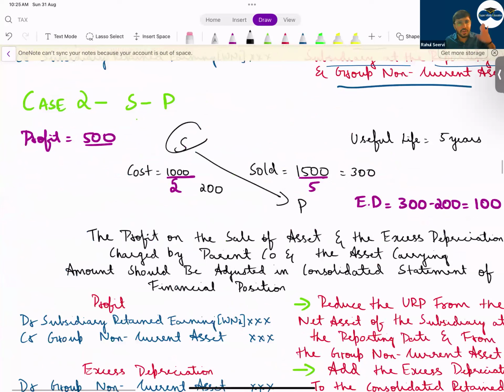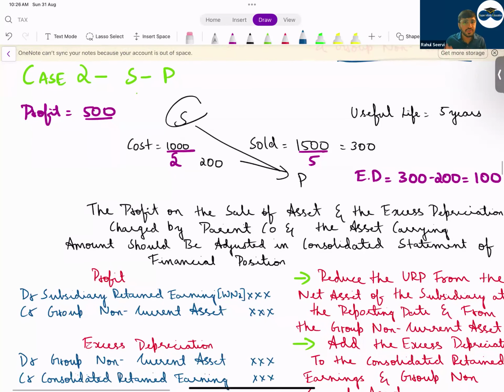This I have not seen in your old past papers. This has been tested, but we can't say anything. As mentioned, your adjustments which come in your SBR are the basics of FA and FR only, nothing new. But what is the issue? There you adjust vertically, but in your FR you used to prepare step 1, step 2, step 3, step 4. Here also you have to do it, but the adjustment should be done vertically. You need not prepare the full consolidation statement. Only the adjustment will be done. So read the question carefully whether the adjustment is done or not. The examiner will mention, okay, this has not been done. You have to do it.